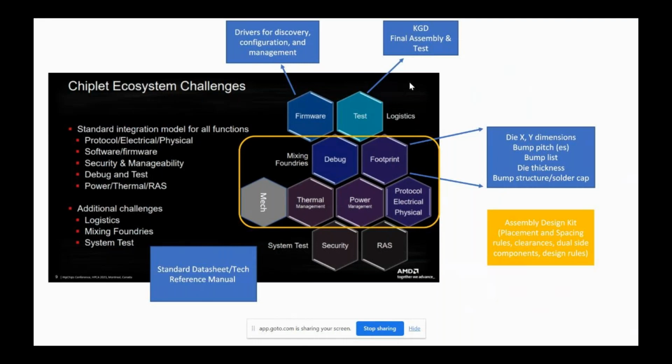And more importantly, specifically to chiplets, the things that companies need to open up are specifically in this area, which typically you will not find in a data sheet, and that's only available to whoever is doing the package design or the OSATs, right? They are under NDA, whatever, so none of that is publicly available.